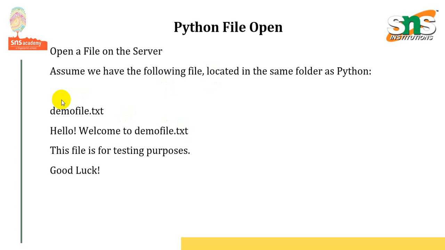In the previous slide, we created a file called demo file.txt, right? Assume that in the demo file.txt, this is the content we are supposed to write: hello exclamation, welcome to the demo file.txt. This should be on the first line, and this file is not for testing purpose is on the second line, and good luck is the third line. So this is the content we have written in the demo file.txt. And while using the open read method, it will read the content of this file, right? We will see a demonstration on this so that you can clearly understand the program,